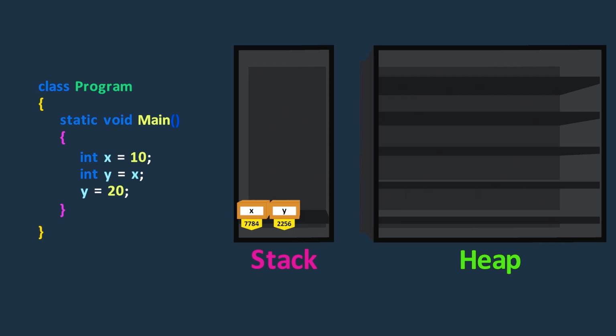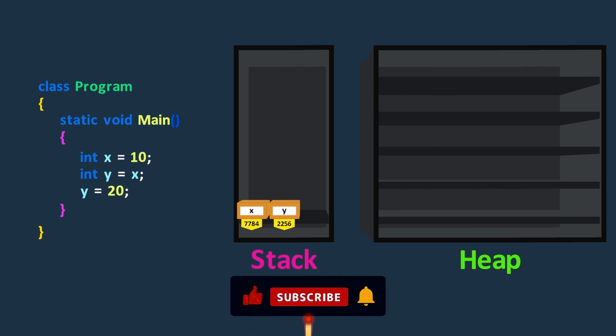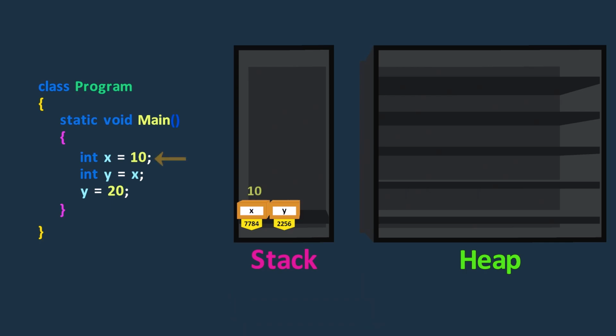As you know, value types are data types that store their values directly in their own memory space. For example, when we assign a value type variable to another variable, a copy of the value is passed to the new variable. In this example, we create an int variable x and assign it the value of 10. Then, we assign the value of x to another variable y. At this point, both x and y hold the value 10. However, when we later change the value of y to 20, the value of x remains unaffected.